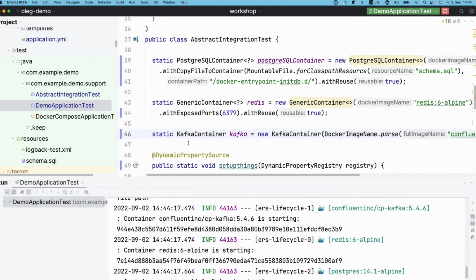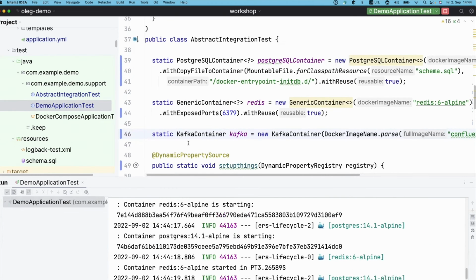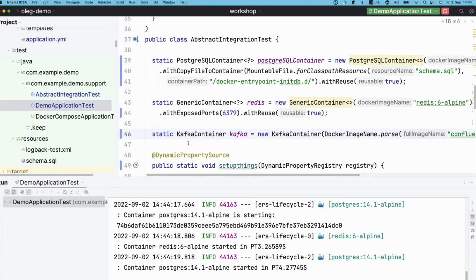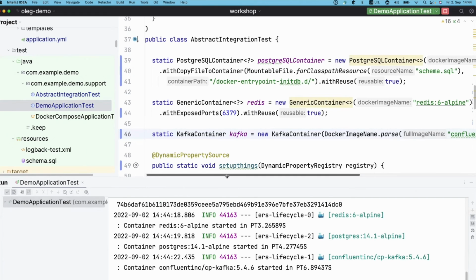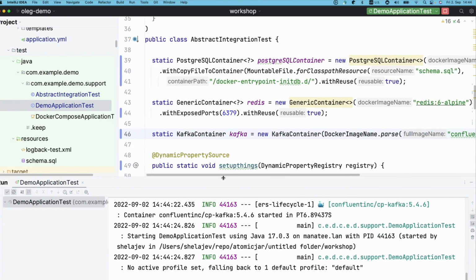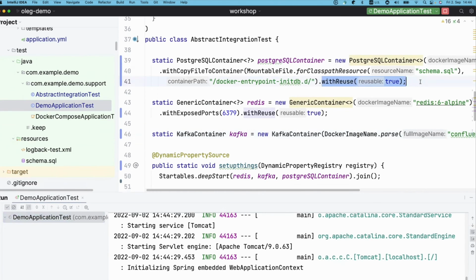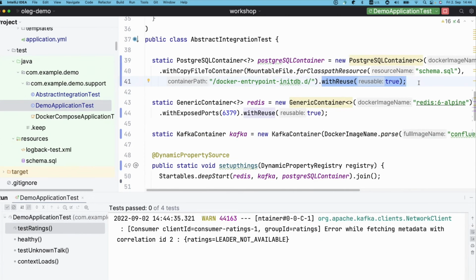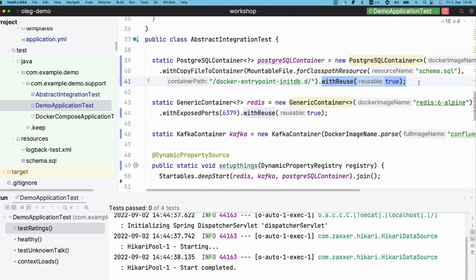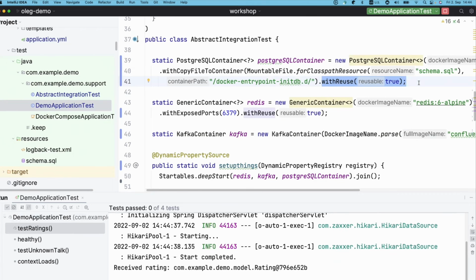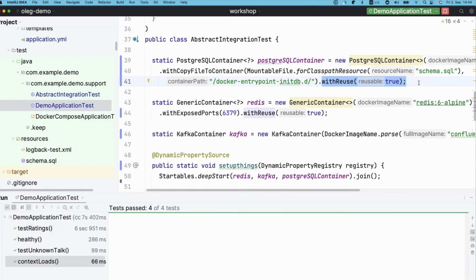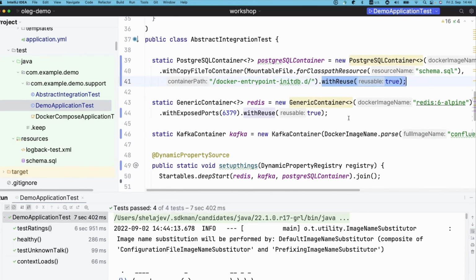But after that, I can run my application, and the containers will already be there. They will not be cleaned up because we specified that we want to reuse true. There is also the Testcontainers properties file in the root of my user home that specifies that my environment supports running reusable containers, because you don't want an API like that to just run without